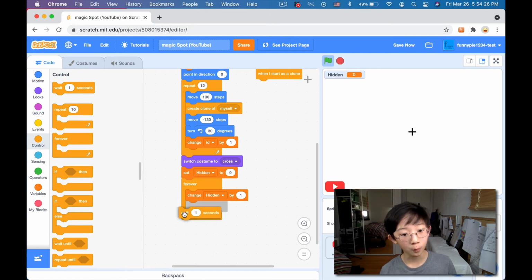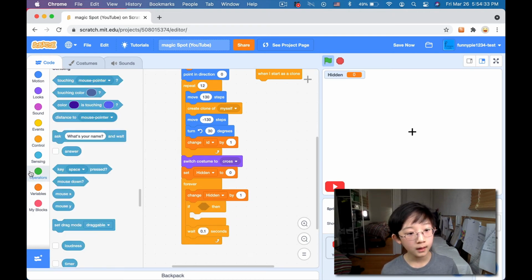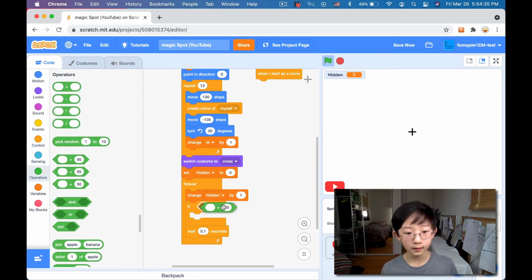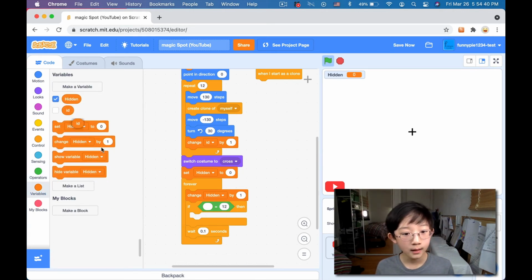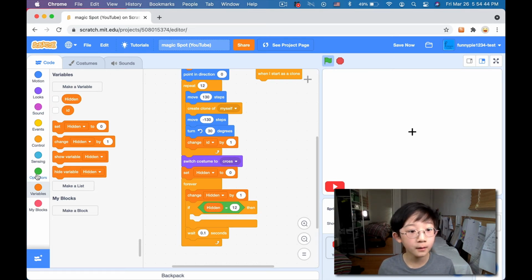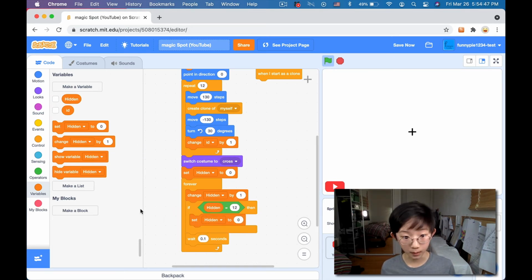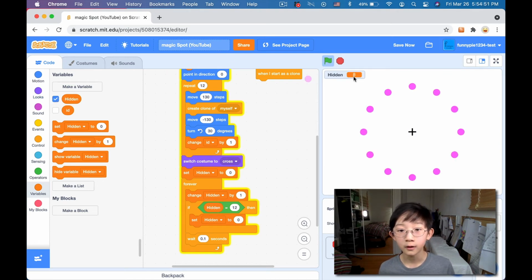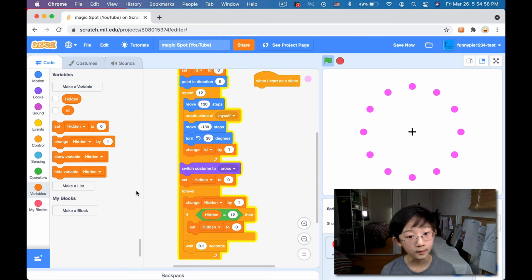First of all, I'm going to wait 0.1 seconds. But before that, I'm going to say if hidden is equal to 12, because that's the largest number we have. If hidden, not ID, hidden is equal to 12, then we're going to set hidden to 0. Now we should see that hidden loops around from 0 to 12. Okay, nice. Now what we want is when I start as a clone,